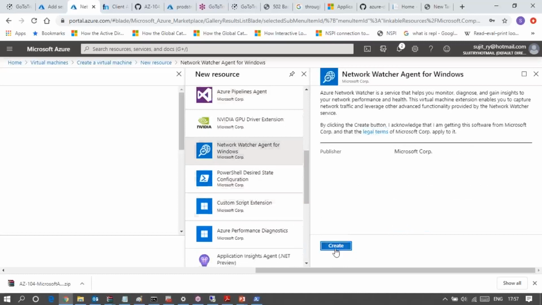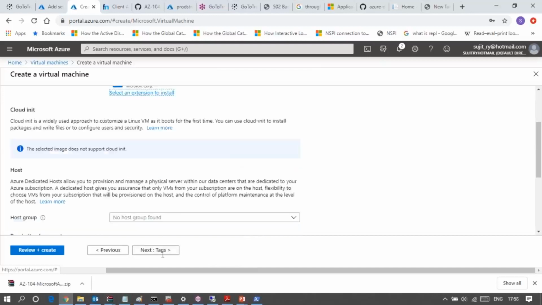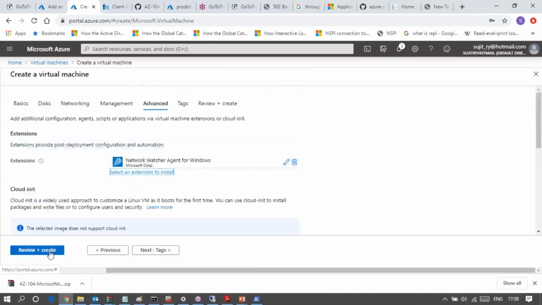I think it is not asking me for any complex configuration. Okay, it is not asking for anything complex. Just the agent will be installed in the Windows machine. Okay. Now I can